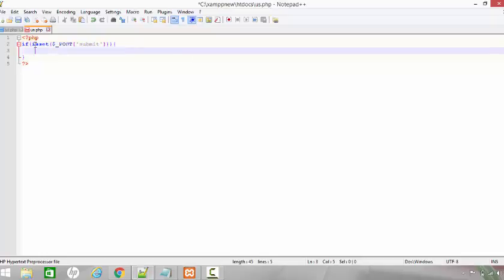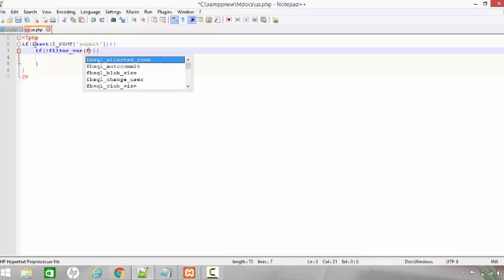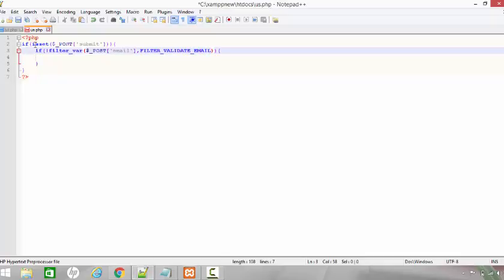So if the form has been submitted and if not filter_var, now we are checking for a valid email. So we are going to have post email, FILTER_VALIDATE_EMAIL. If it's not equal to false,